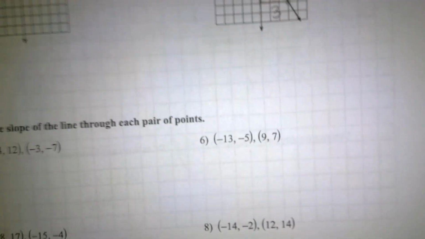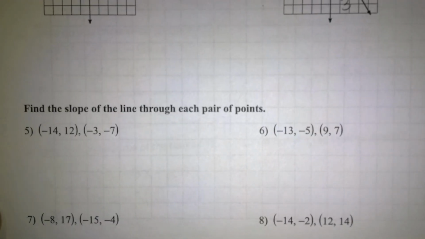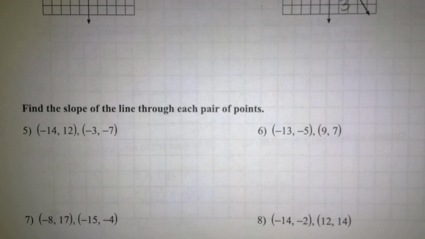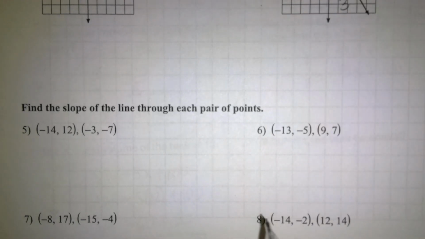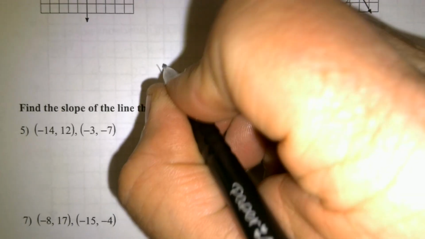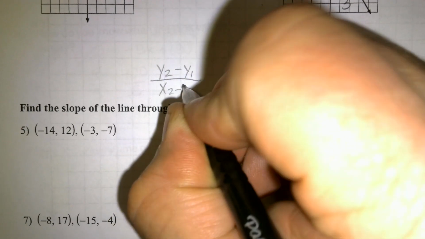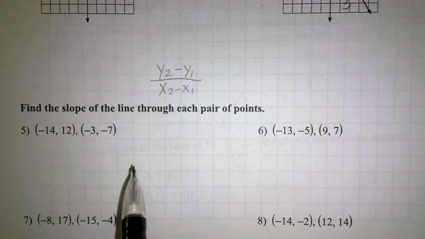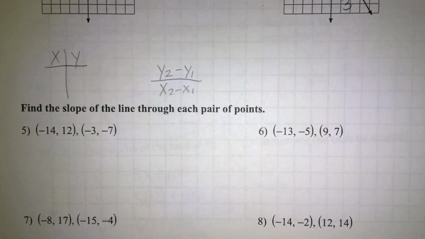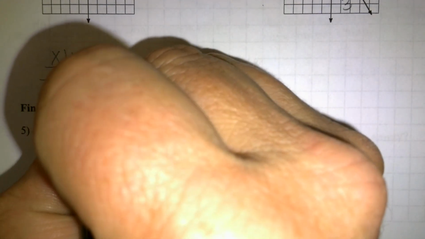Now, for this last set, you don't have graphs. In fact, I tried to put values that wouldn't fit on small graphs like the ones above. And so this one, we're going to have to use a different method to solve it. And there's two different ways, but I'm going to really focus on the y sub 2 minus y sub 1 over the x sub 2 minus x sub 1. You could do a table version. So if I did this and I have negative 4 and 12 and negative 3 and negative 7,